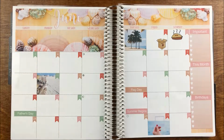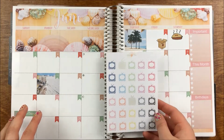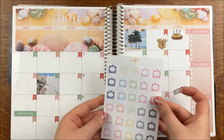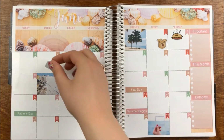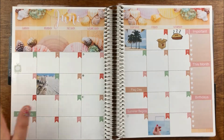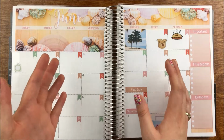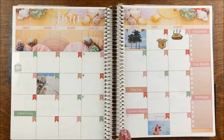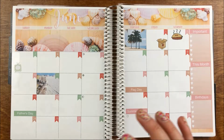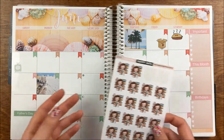Then on the 3rd, it was basically still unpacking and just a lazy day, and so I ended up pulling out these from Nikki +3, and I was going to use a green one just to mark down that we got our cable set up that day. It ended up taking the guy quite a while to do it because all of the cables at the box in the apartment outside, where all of them hook up, were mislabeled,